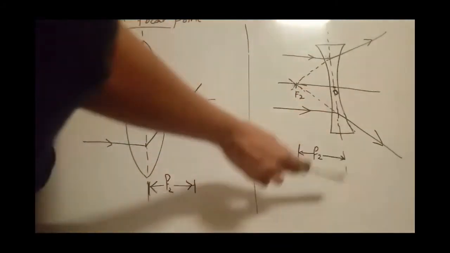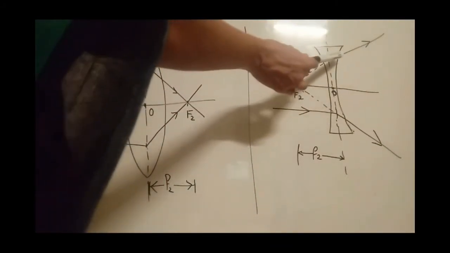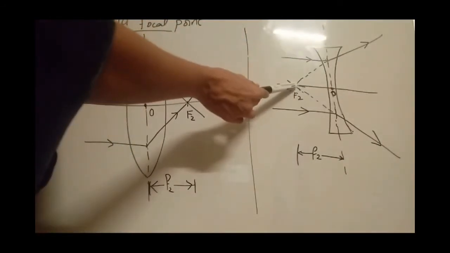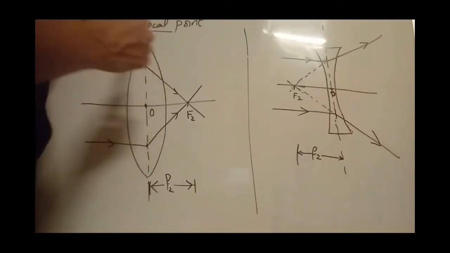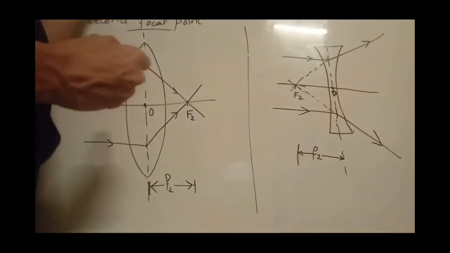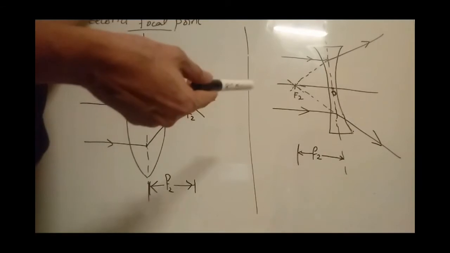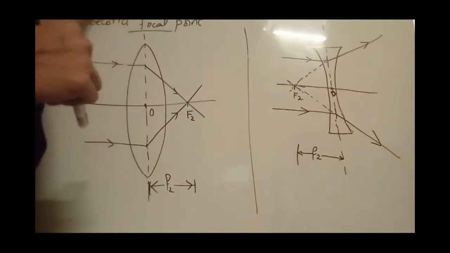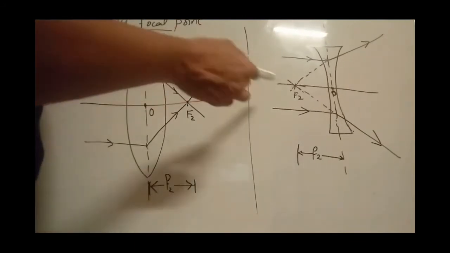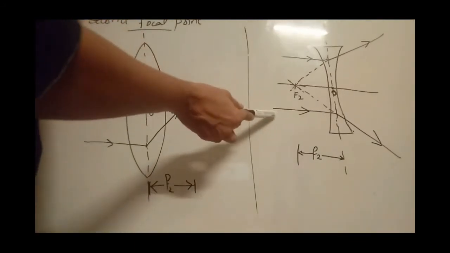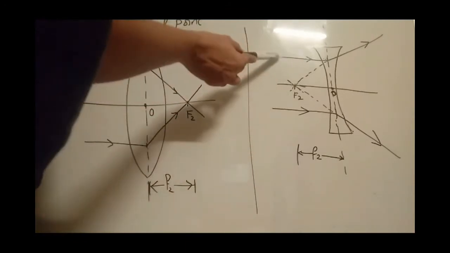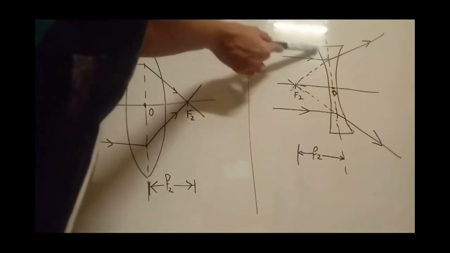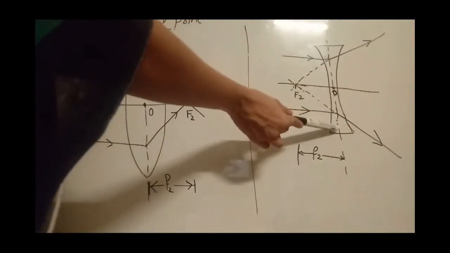Okay, these two rays will diverge, and if you are back tracing, they appear to diverge from a single point which is known as the second focal point of the concave lens. So when you are defining the focal points, it should be defined specifically for concave lens and for convex lens separately. Okay, so the second focal point of a concave lens can be defined in this way: if rays parallel to the principal axis, after striking the concave lens,